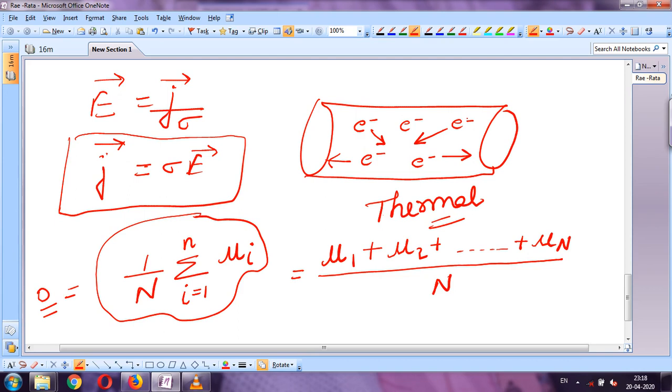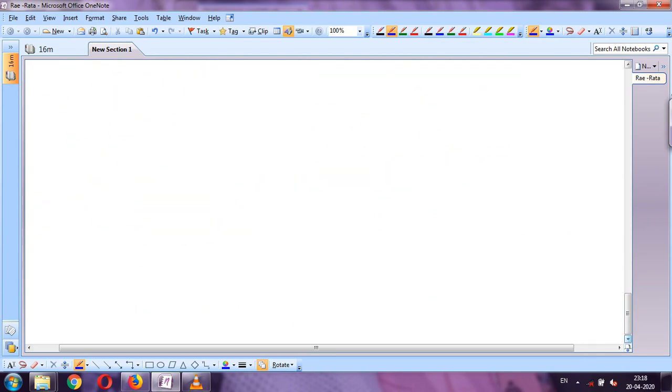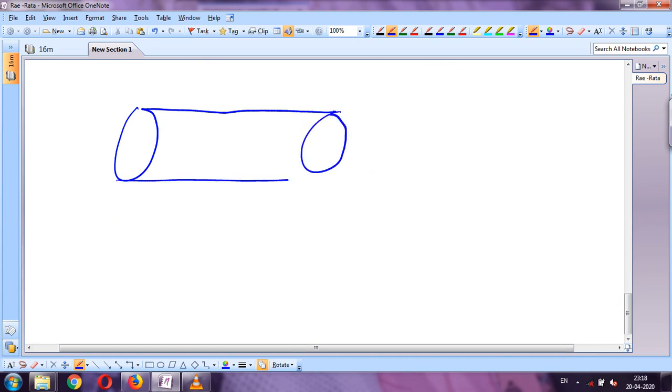Okay, children, with these electrons there will be positively charged ions. These positively charged ions will be immobile. That means they will not change their place, while electrons will be moving here and there in random direction. So still we have not applied any electric field. Now let us suppose that we apply the electric field. Now we applied electric field.